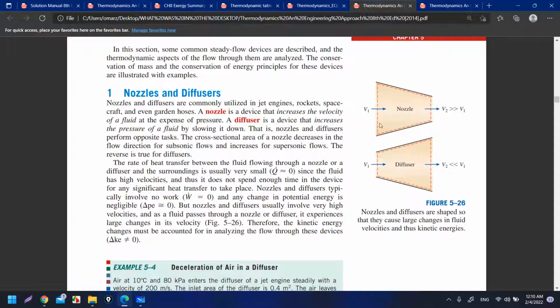The function or the purpose of the nozzle is to increase the velocity. So you will have a big cross-section area, then it will be reduced until the exit. So by decreasing the cross-sectional area, you will increase the velocity of the exit. The opposite of the nozzle is the diffuser. You will increase the cross-sectional area until the exit, and the velocity of the exit will be much less than the velocity of the inlet. Okay,